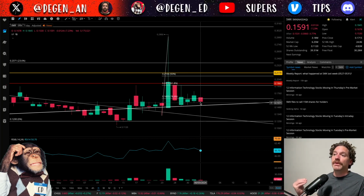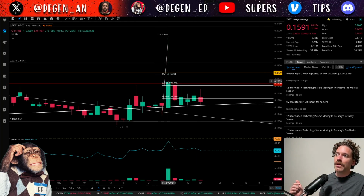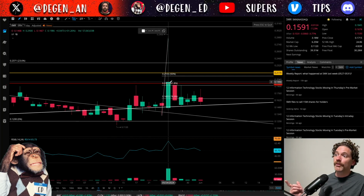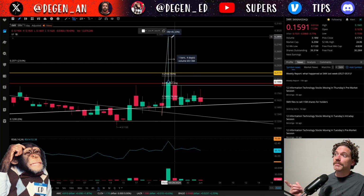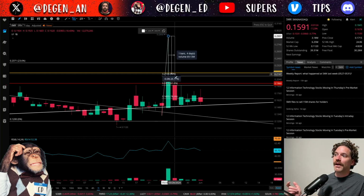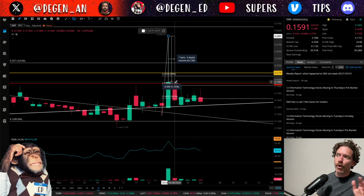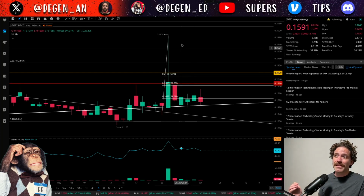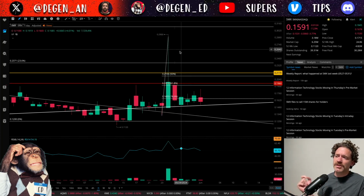And I do think that we could be seeing another rally higher. Although with this big wick up, let's see how much percentage, going up from the close of that candle to the top. That's like 45%. So we got a drawdown. Let's see, from that high, once we hit up there, that was a pullback of about 32%. So pretty notable. And so I think that's going to be pretty hard to get back up to 29